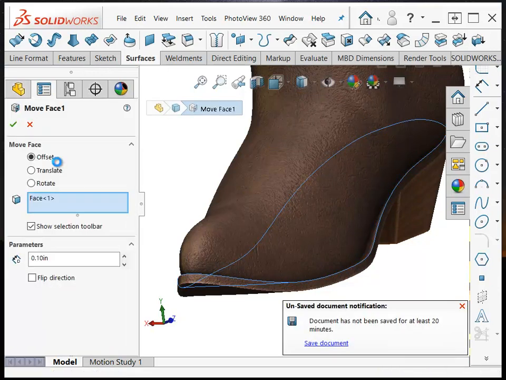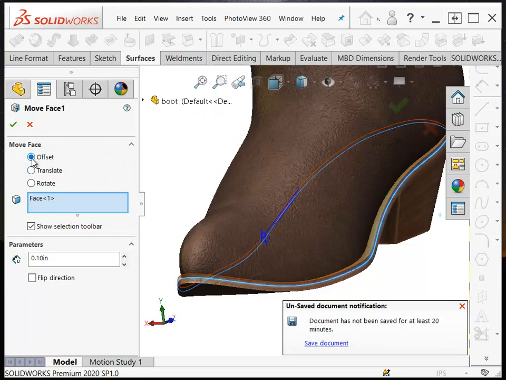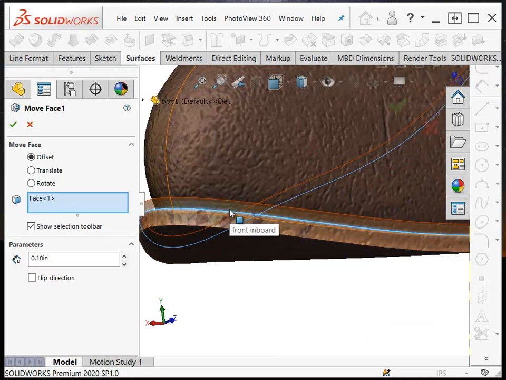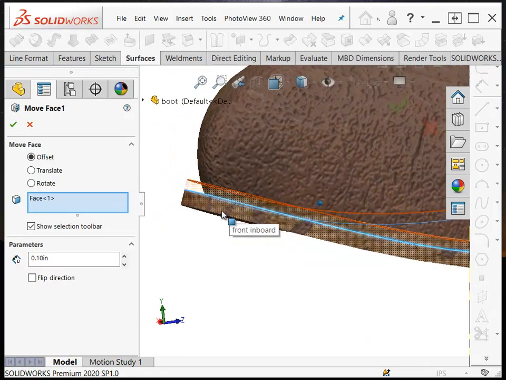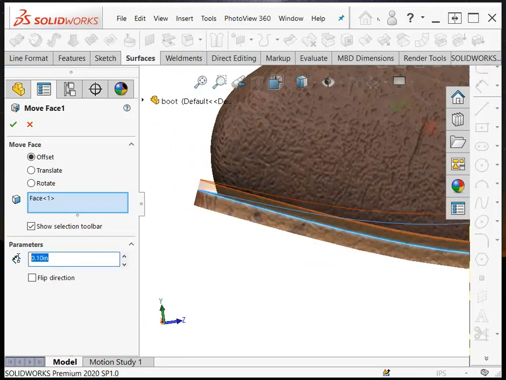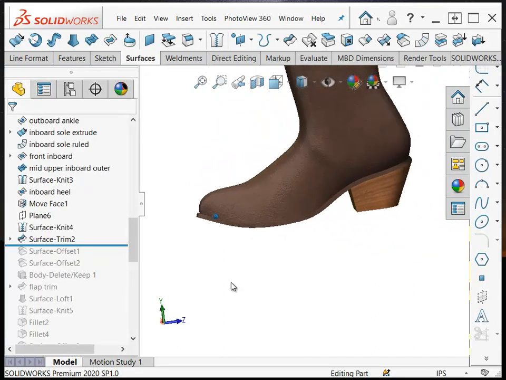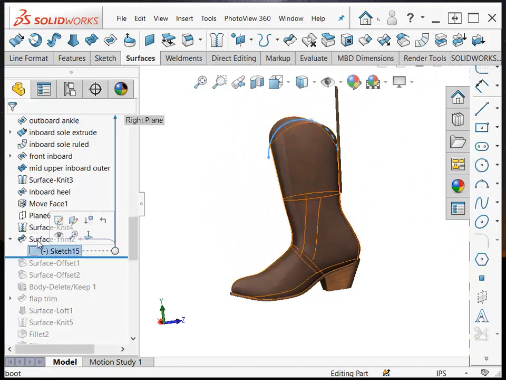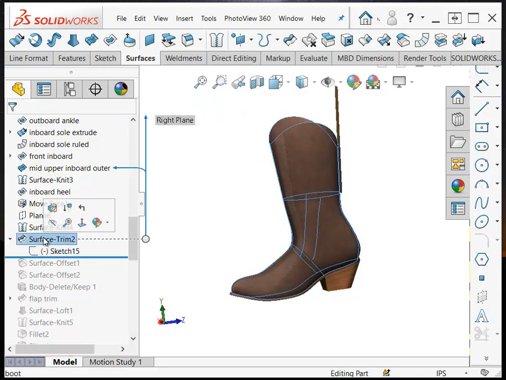But if we look at the feature, there's an option in here to offset, so you can see where the sole was and then where it is now if I offset it by 1/10 of an inch. Okay, let's take a look at what this trim is about. This trim is the boot trim at the top, so we could rename this